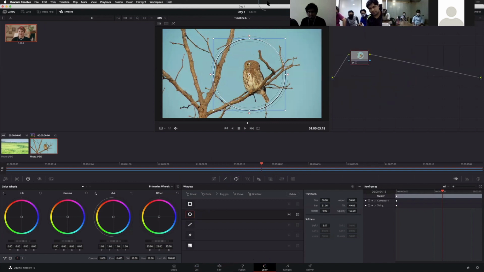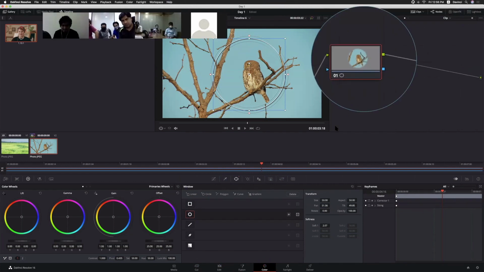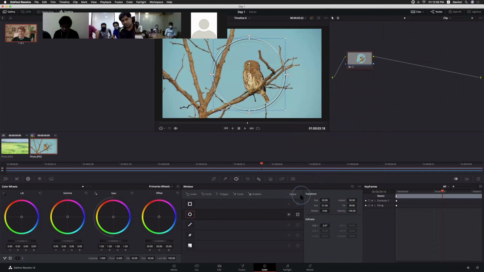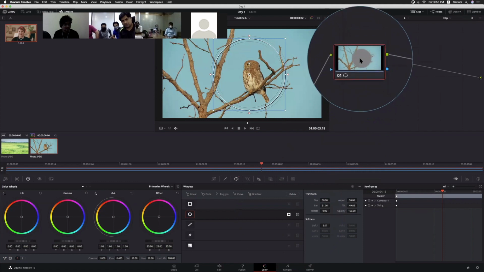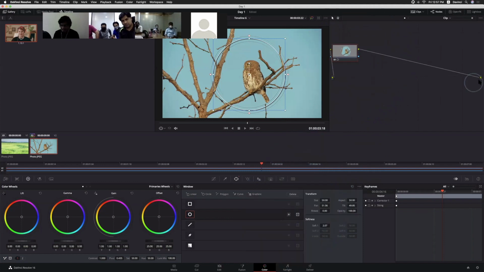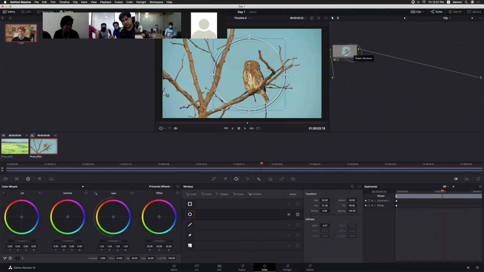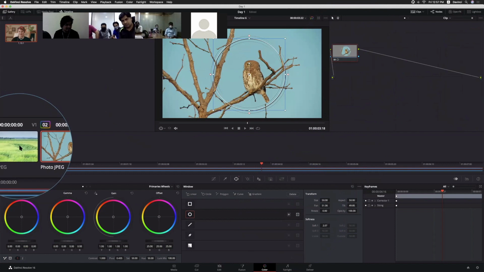So for the masking, we just need to invert that masking. For that purpose, we have a straight output right now. We just need to add this alpha also to the output so that we can see the background also.